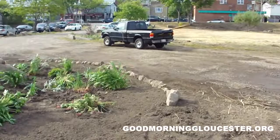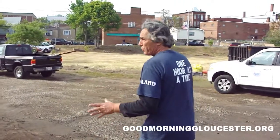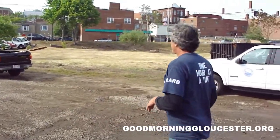We started gathering and we planted all these things here, putting in a lot more loam and everything, and that worked out fantastic. We had so many plants donated that we were able to do a few more gardens. We have over here,